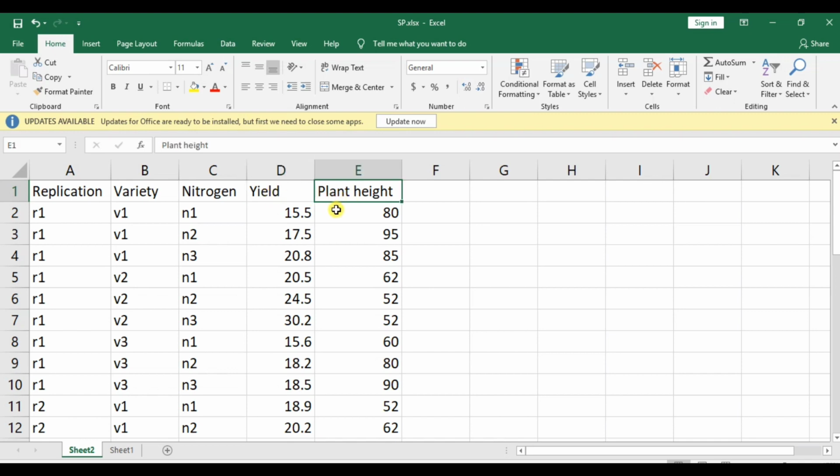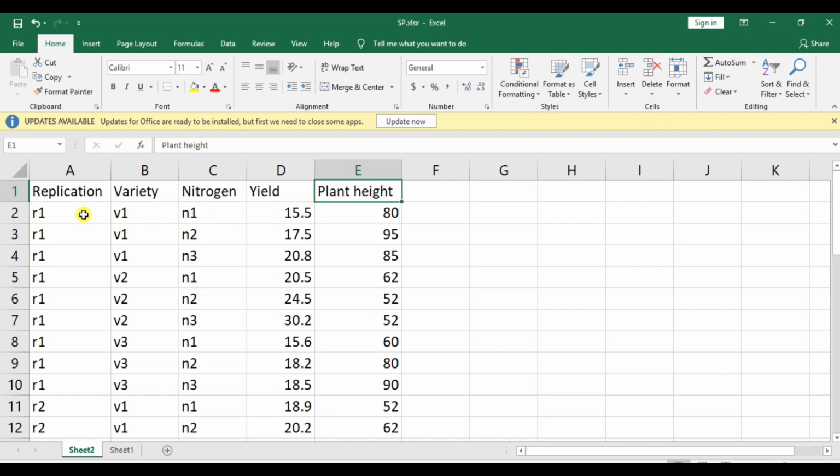I had also taken plant height as a second dependent variable, and the aim is to demonstrate how to carry out a split plot analysis for more than one character simultaneously by just writing one line of code in the R software.